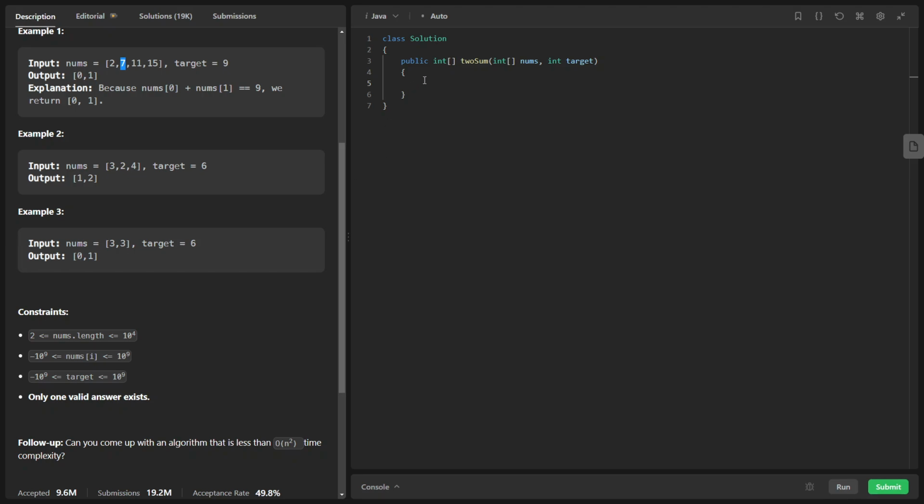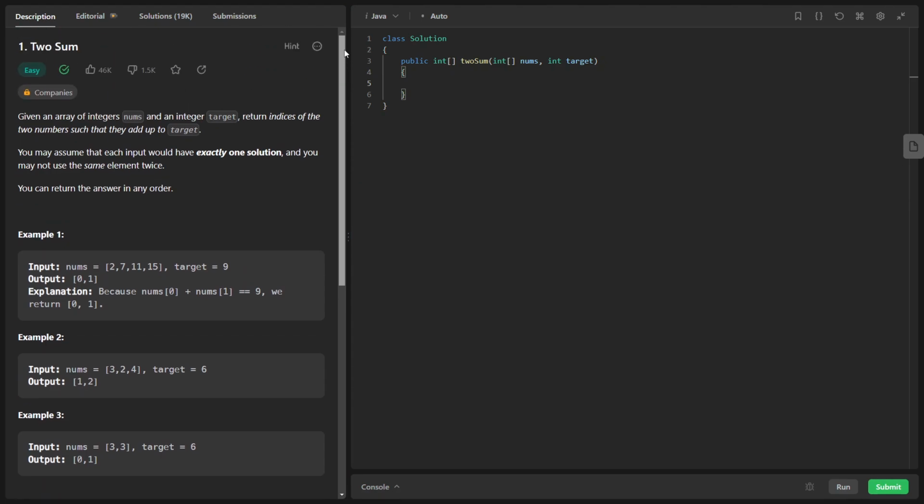Correct. So one logic which I could think of here is using the logic of pairs. I think I have discussed the logic of pairs in one of my previous videos. If not, please do watch it. By using the logic of pairs we can simply write the code. So for i is equal to 0, i less than nums dot length, i plus plus.